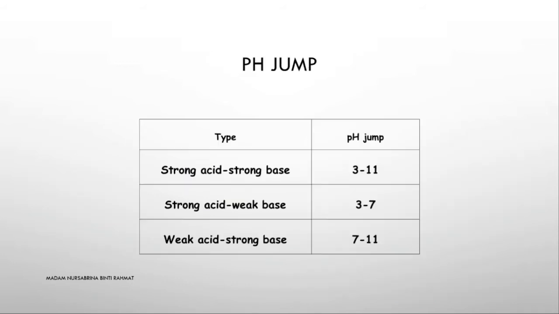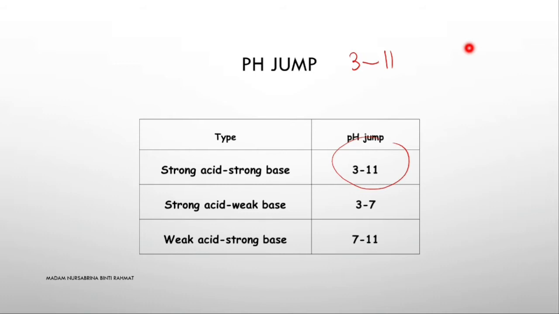So these are the pH jumps, and you need to memorize them. The range is 3 to 11 for strong acid and strong base. For strong acid and weak base it is 3 to 7, and for weak acid and strong base it is 7 to 11. So the largest range is 3 to 11, while strong acid with weak base and weak acid with strong base are in between. You really need to memorize these pH jumps, or else you will not be able to sketch your